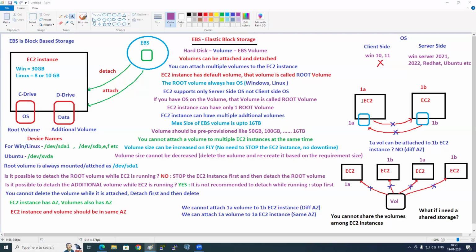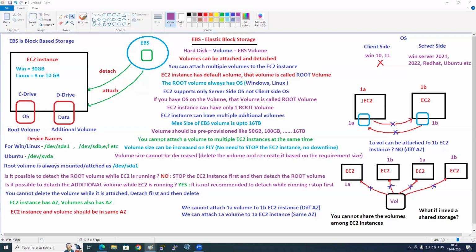Good enough. Sir, how frequently will we increase, in a day or a week? It purely depends. It's not possible to say. If your customers are regularly putting a lot of data, you might be increasing.